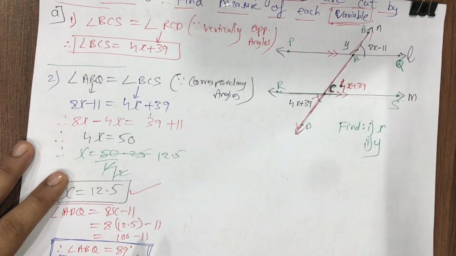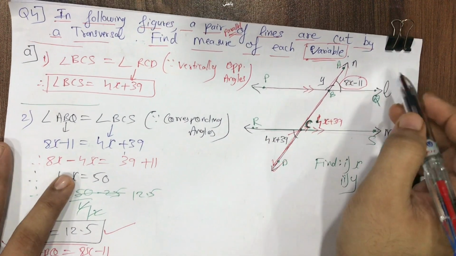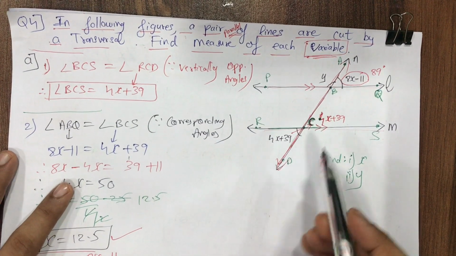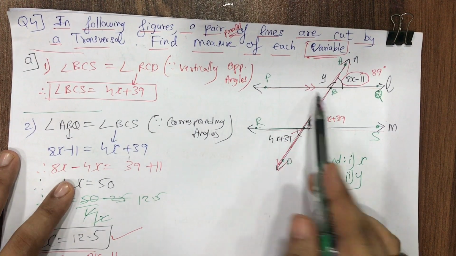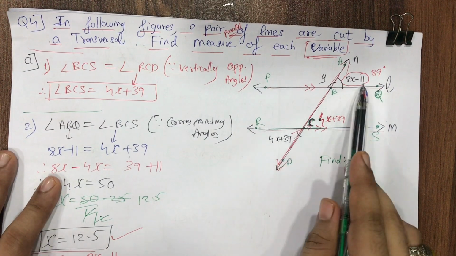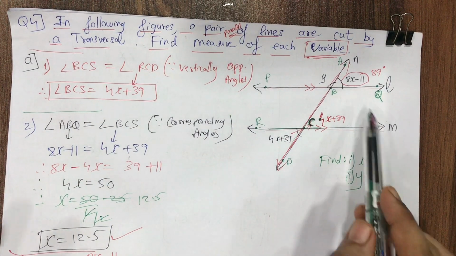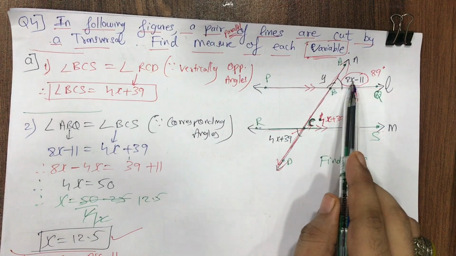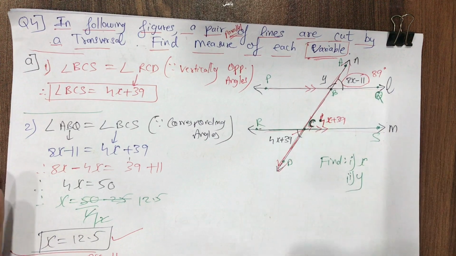The moment you get the value of angle ABQ, update it in the diagram, and you'll get the logic. The value of 8x minus 11, I got it as 89 degrees. Now why did I do so? Students, because I wanted to find this y also over here. Can I say this y and 8x minus 11 lie on the straight line, and we have a property that the sum of all the angles on a straight line is 180 degrees. This we did in our part 2 and part 3. There are two angles on this straight line PQ. This angle plus this angle is equal to 180 degrees. The property name is sum of all the angles on a straight line is 180 degrees.